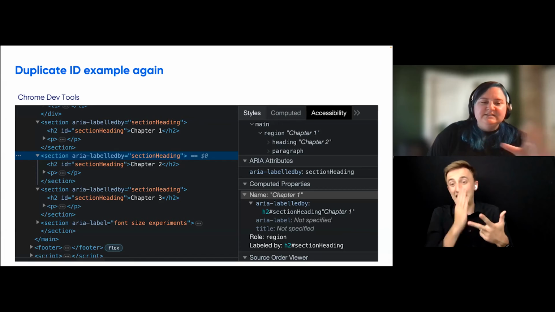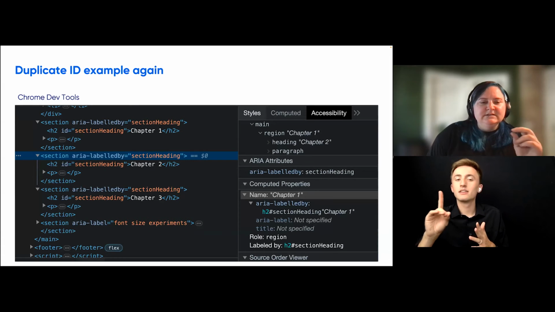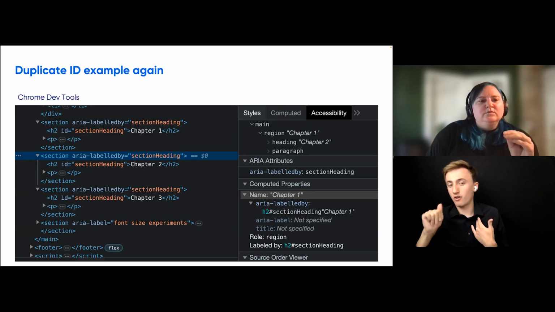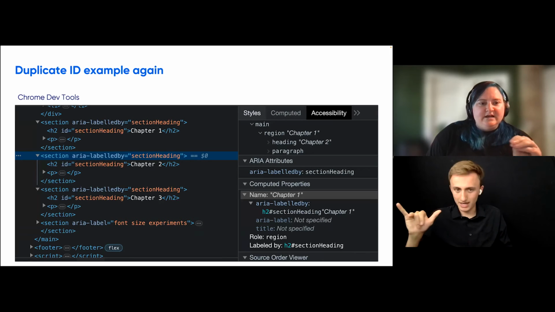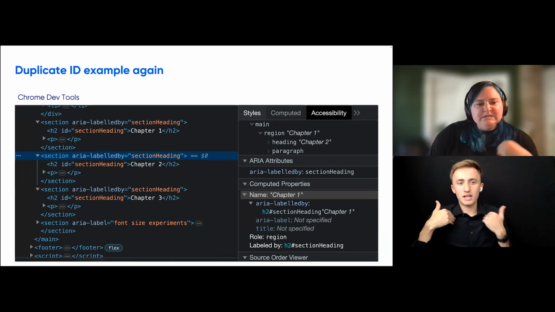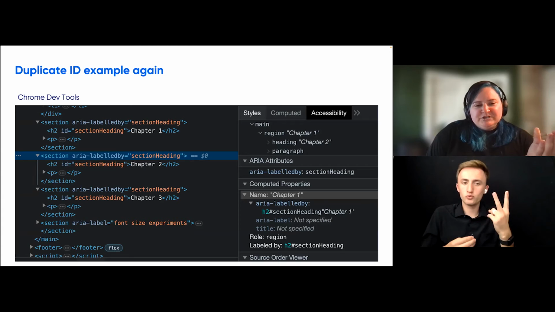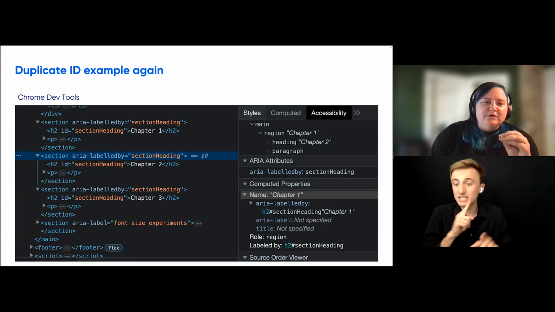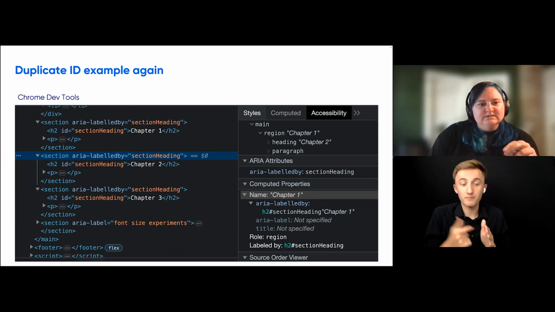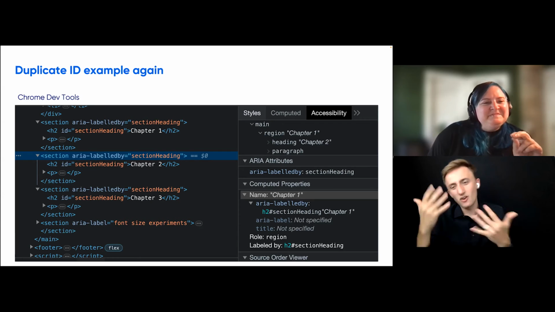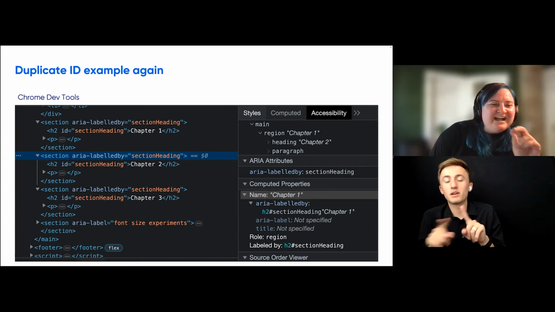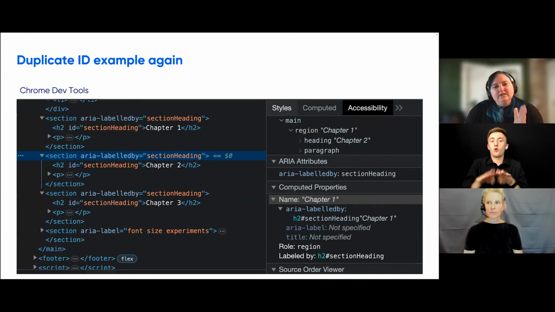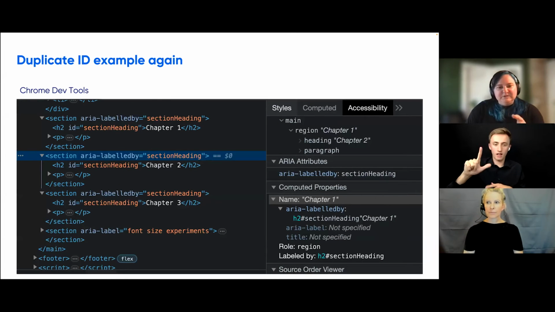Because as we can see, it's the same example, 3 sections, all of them referencing aria-labelledby to the section heading ID, which is the nested heading level 2 inside of each section, which is the same ID in every section, right? So I've highlighted in DevTools, now in dark mode, I don't know why I switched, the second section element, open up my accessibility panel, and look at the accessibility tree.